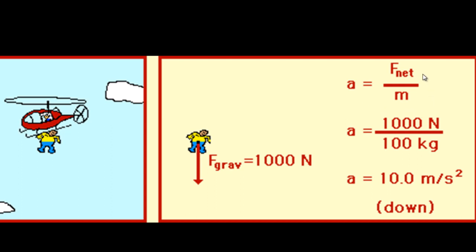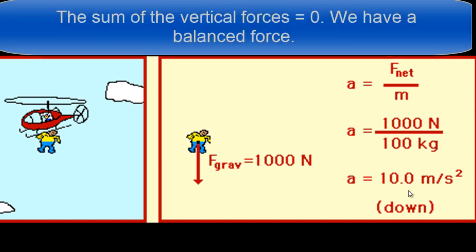Look on the right-hand side. The acceleration is going to be the net force divided by the mass. That's 1,000 newtons divided by 100 kilograms, which means the acceleration is 10 meters per second squared downward. Now if we continue to look at this,